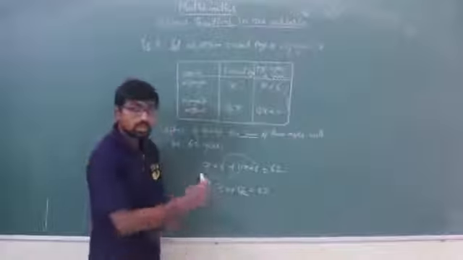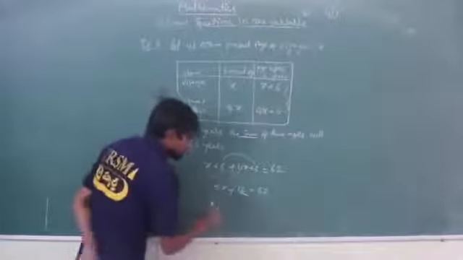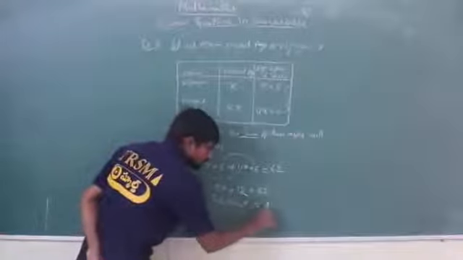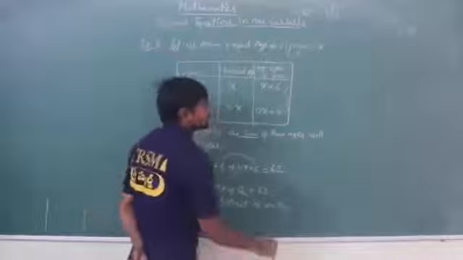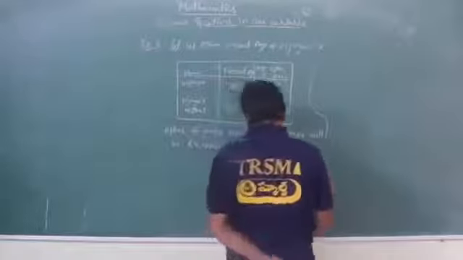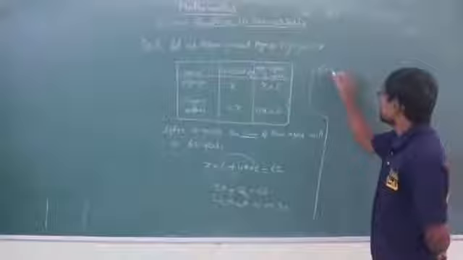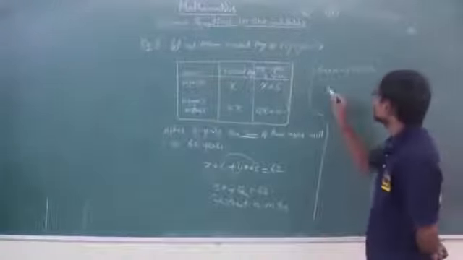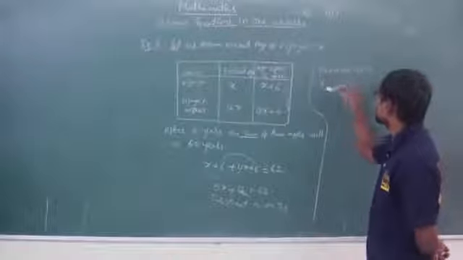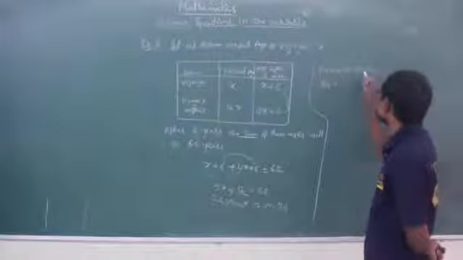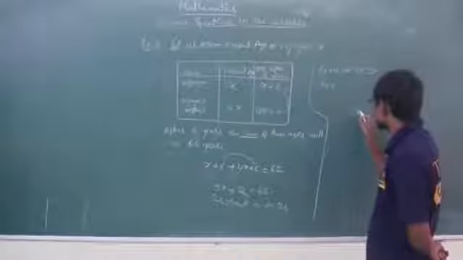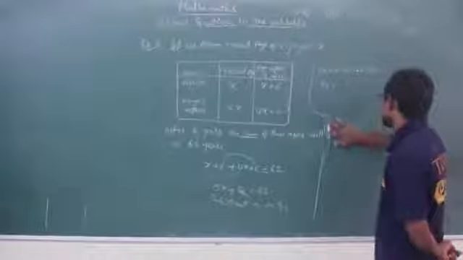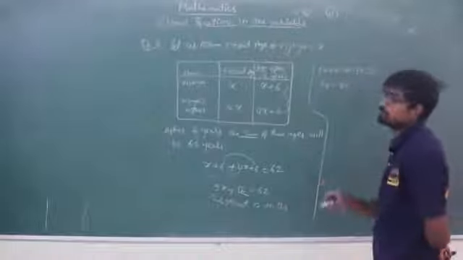12 is being added here. So I have to use additive inverse. We have to subtract. So subtract 12 on both sides. So subtracting 12 on both sides, what will I get? So 5x plus 12 minus 12 is equal to 62 minus 12, isn't it? So 5x plus 12 minus 12, 0, is equal to 62 minus 12. So 62 minus 12, 2 minus 2, 0, here 6 minus 1, so here I am getting 50.